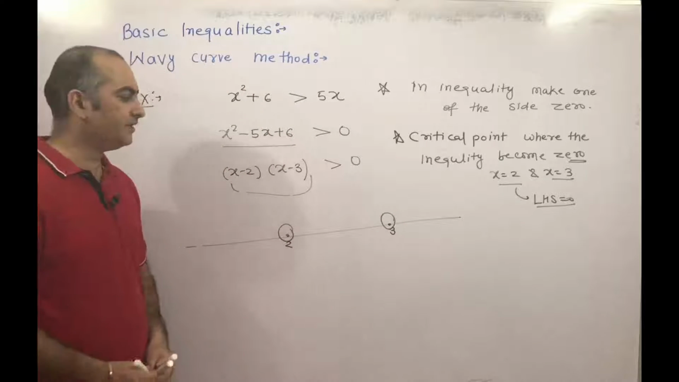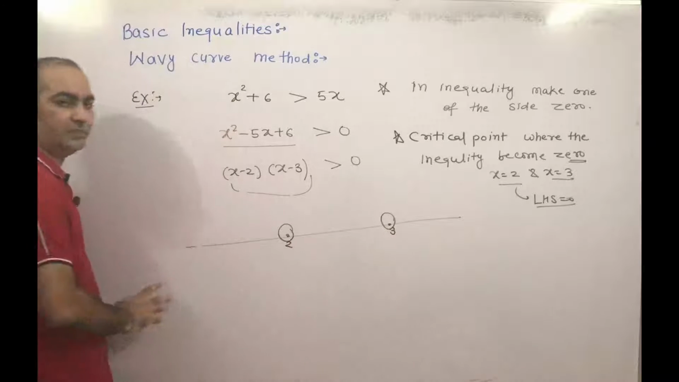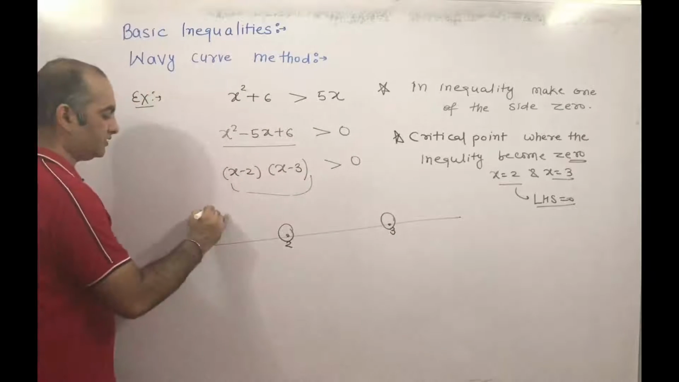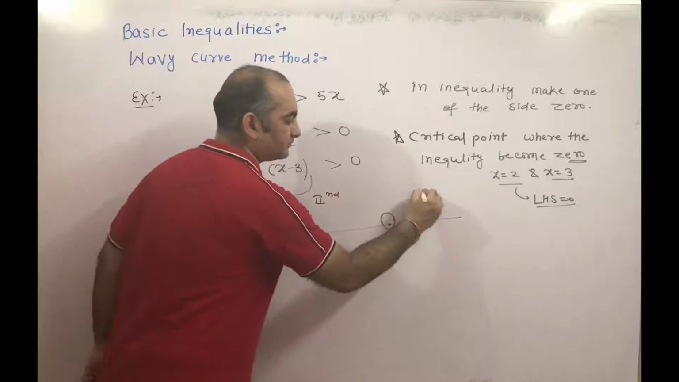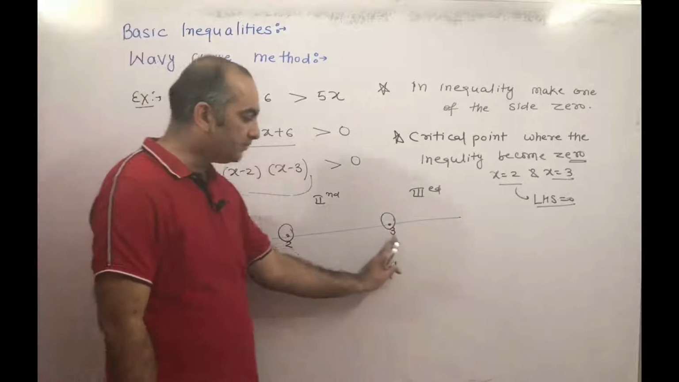After that, 2 and 3 will divide this number line into 3 portions: first, second, third. This is the first portion, this is second, this is third. Now, if I take any number greater than 3,